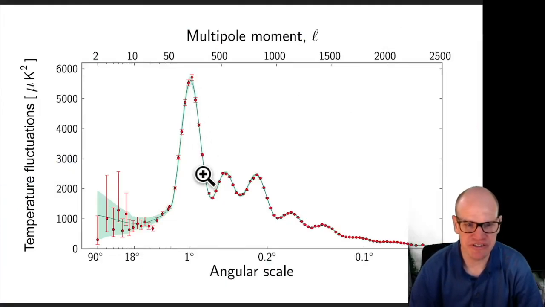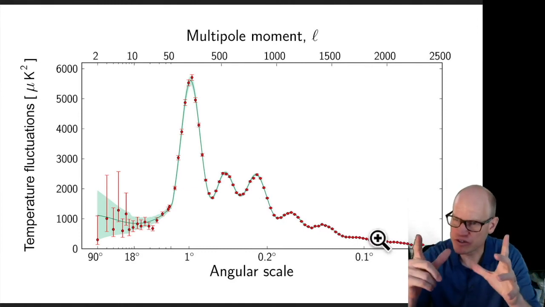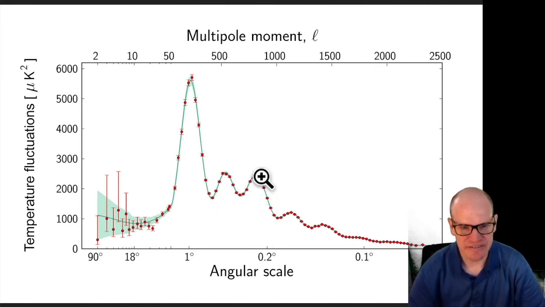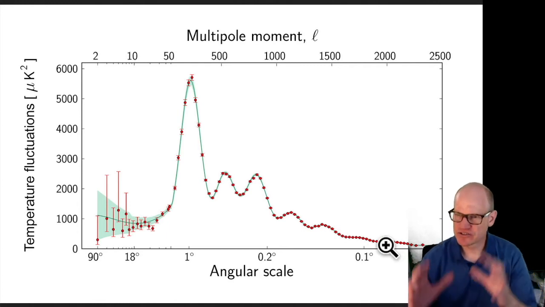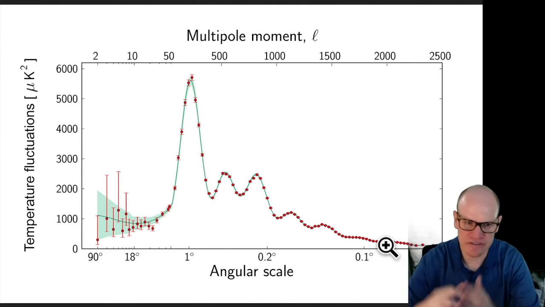So the texture, if you were to rub your hand across this, the texture that would stick out the most, that you would feel most prominently, is this 1 degree separation. And then all these other bumps that you see, the bump there, bump here, bump there, are harmonics of that 1 degree. Okay, so half a degree and so forth, like an eighth of a degree here, etc. So those are the sound waves that fit inside the box from the early universe until today.